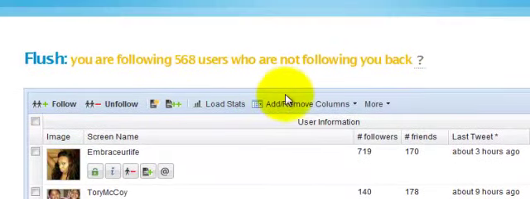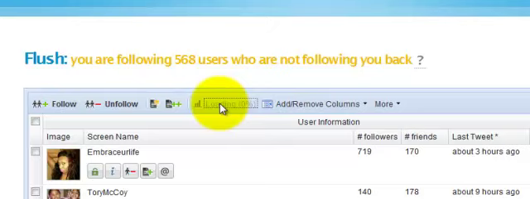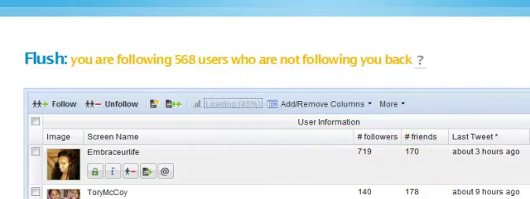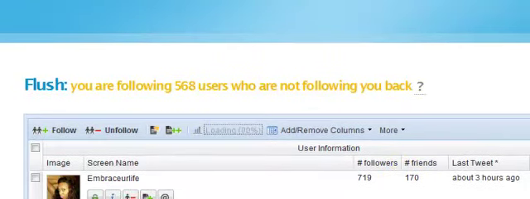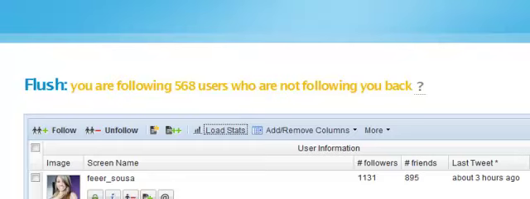So now that I've added those columns, let me load the stats and see what comes up. Now, I'm not going to unfollow anyone because I just follow people. A good number: Twitter allows a max of 500 follows a day. I think if you go in and do anywhere from 200 to 250 a day, that's a good number.